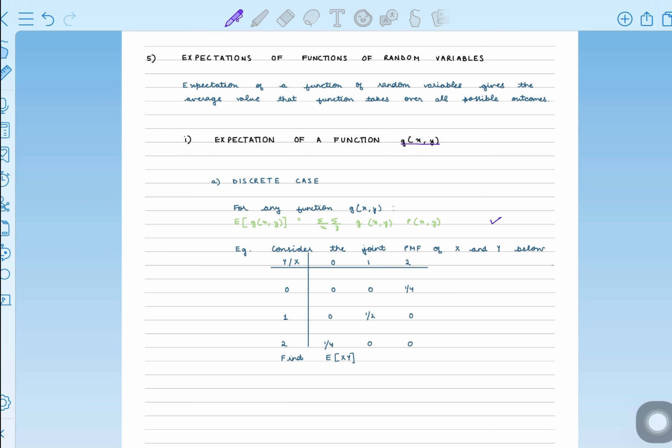We use the following formula under the discrete case. The expectation of g of x, y equals the summation over x, summation over y, g of x, y times the probability of x, y. This formula says, take every possible value of the function, multiply it by the corresponding probability, add all products together. For example, find the expectation of xy. Using this formula, we obtain